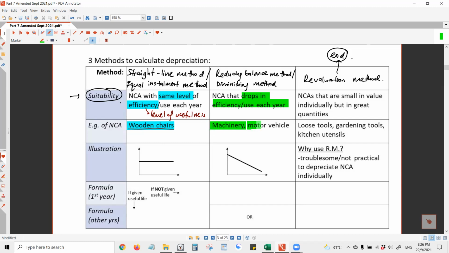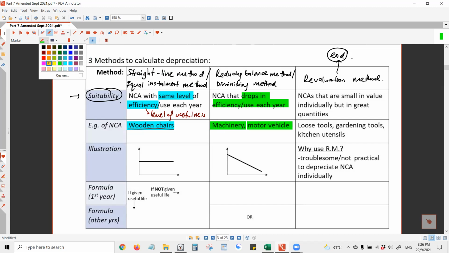Agree? Motor vehicles are also NCA. Any transportation on the road, lorries, vans, cars, motorcycles, all these are motor vehicles. So again, as it gets older, the more repairs and maintenance you have to do on it. So that's why we say that it drops in efficiency. So for this NCA, we use reducing balance method. Last one,